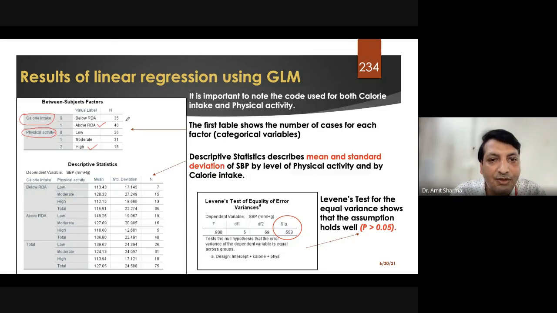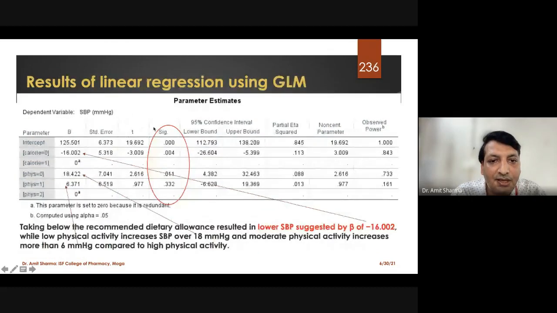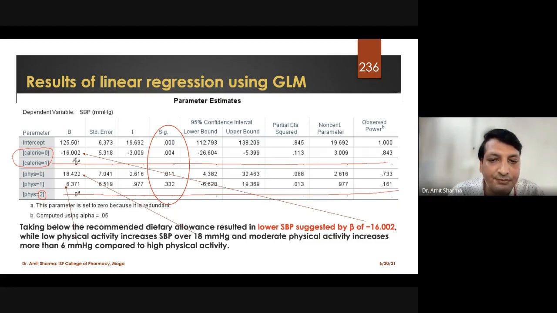So you can see on the parameter estimate table that we are not going to get data for high. Code 2 refers to high, so we have not got the data. This is blank. Here also there were two categories under calorie, and the last category was 1, so for this category we have not received data either. This is blank. So the last category will be acting as a standard.